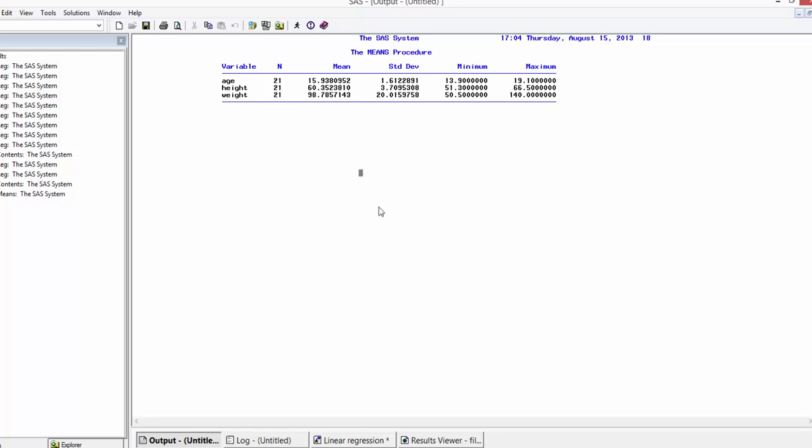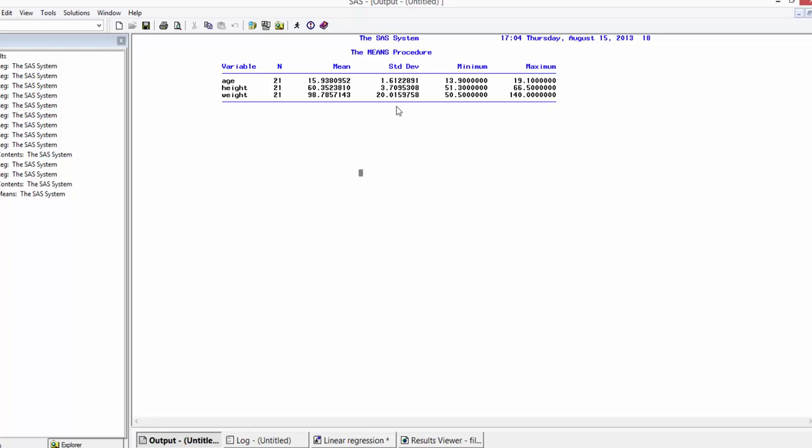The reason why we would like to understand the summary statistics of the variables before building the model is that we'll get to know if the data is good enough or not. So what is the information that we can get from the summary statistics? Well,